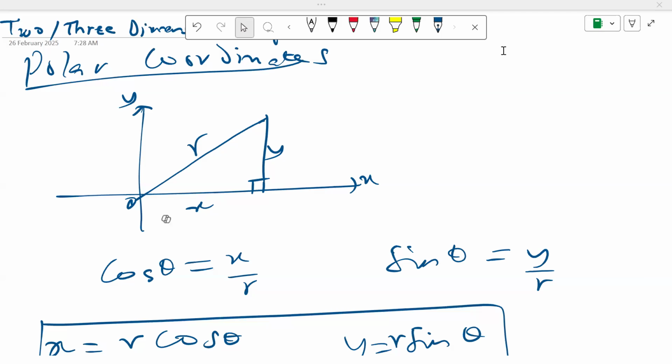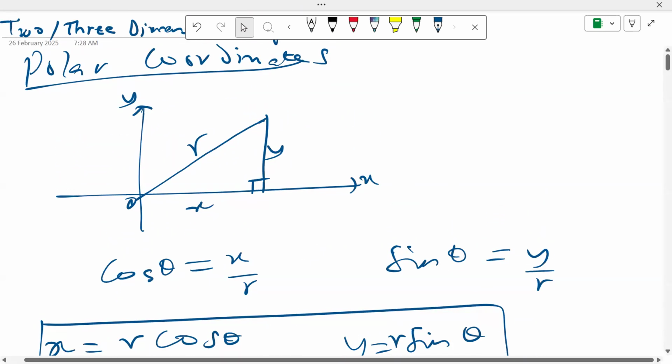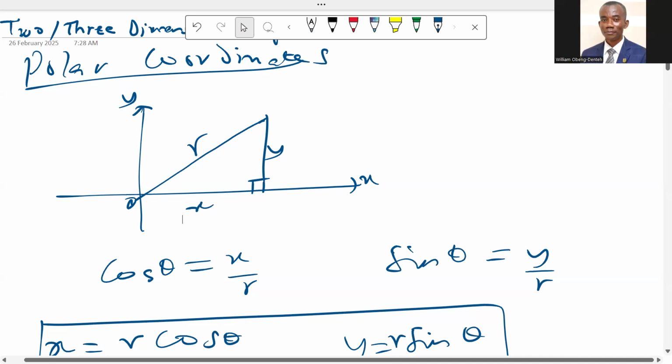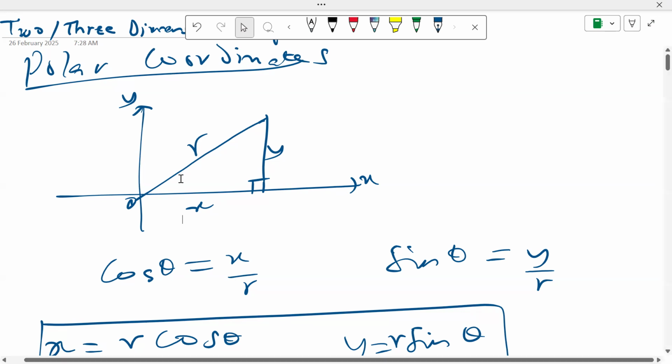I want to look at 2 or 3-dimensional spaces. And so I want to start with the polar coordinates. Now, if we look at this figure, we see that we have the right-angled triangle, and we have our hypotenuse, our R,